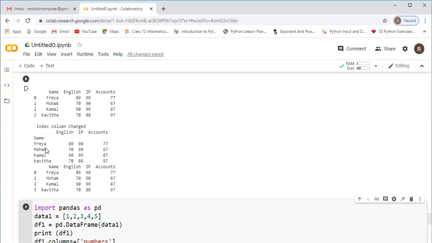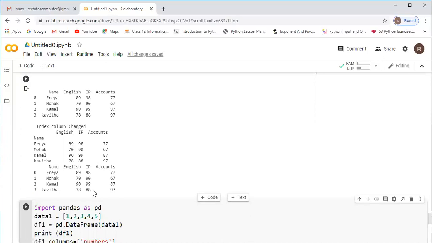The column that we have will be the index name. How to do that with the help of set index. Then again, to undo it, I want only the default index 0, 1, 2, 3 like that. That is done with the help of reset_index within brackets inplace equal to true.